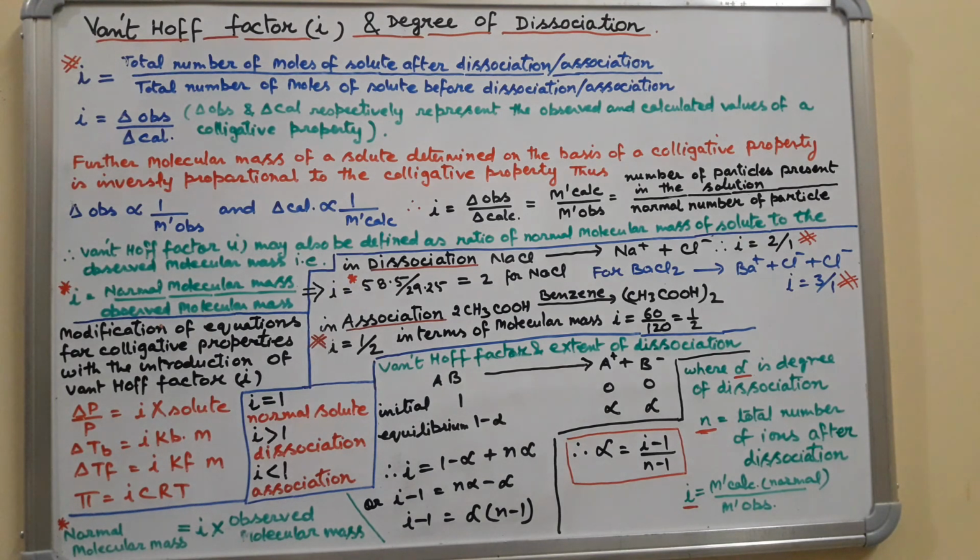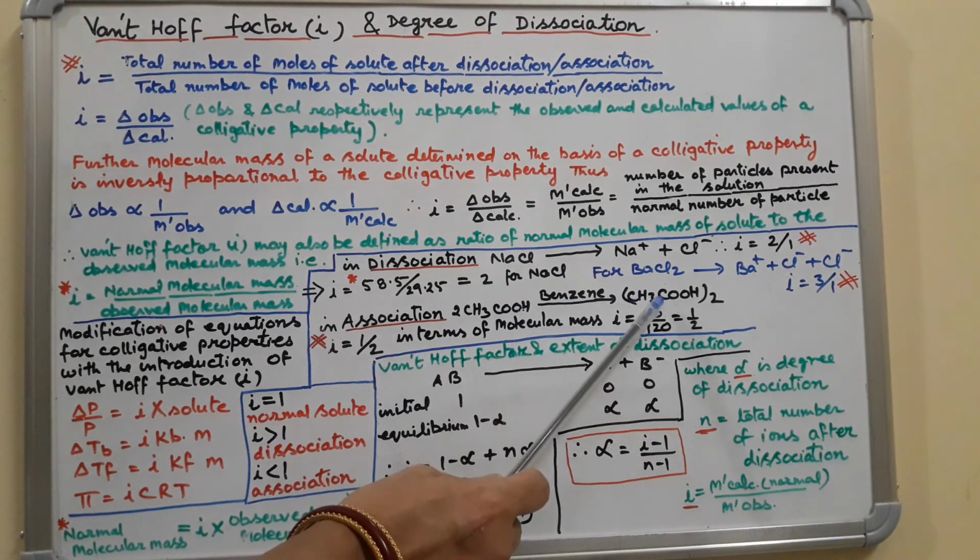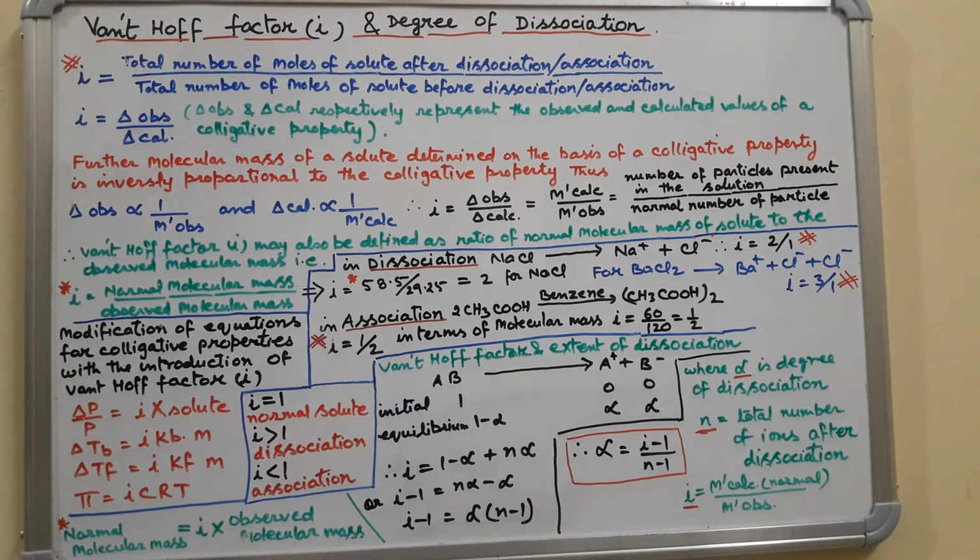Is that clear? Now let's see in case of association. The example here I have taken is acetic acid. Acetic acid in presence of benzene undergoes dimerization. Earlier also I have mentioned benzoic acid also in presence of benzene undergoes dimerization. So here, in case of association, let's see in terms of molecular mass, the formula is written